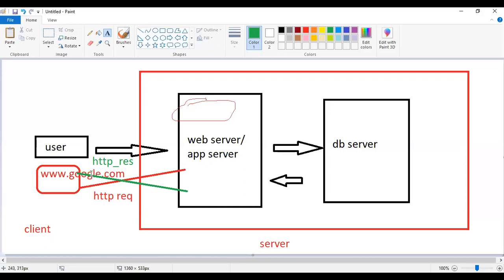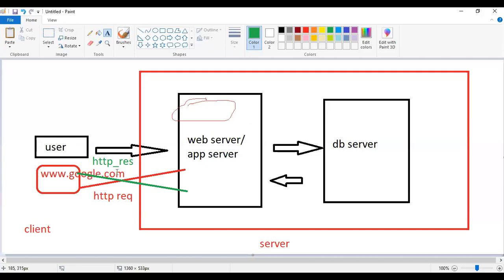The same browser software is used to read the server result and display it in a user-understandable format, that means in graphical format.